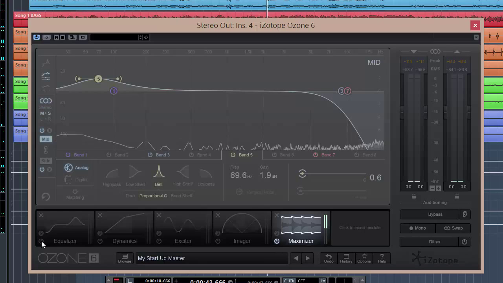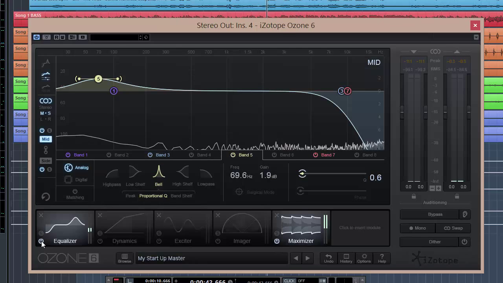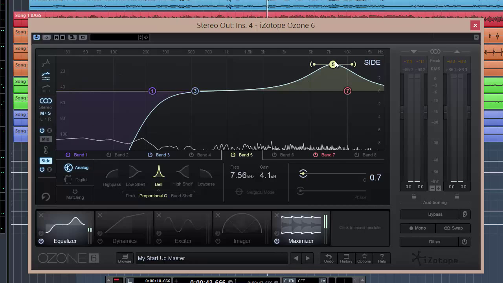Really cool and nice effect, right? Again, we're not doing anything major here. This processing is probably a little more than what I would generally do, especially this boost right here on the side channel with the 4 dB boost. I usually don't do it this way. I did it this way so I could exaggerate it a little bit so you could tell the difference in